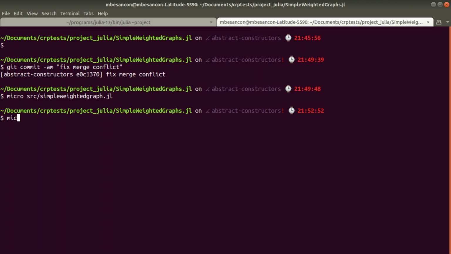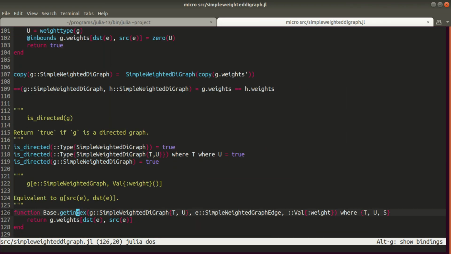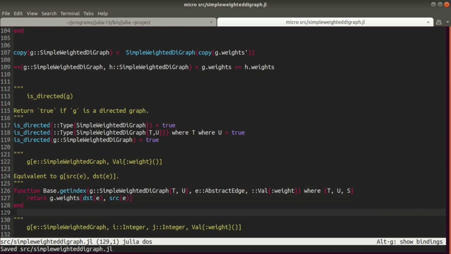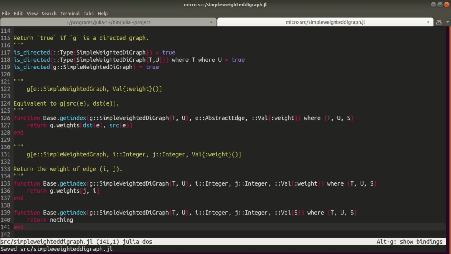Same thing in the src, simple weighted digraph. We have the same thing here. Abstract edge, okay. So that's the first thing. And then, here instead of return nothing,